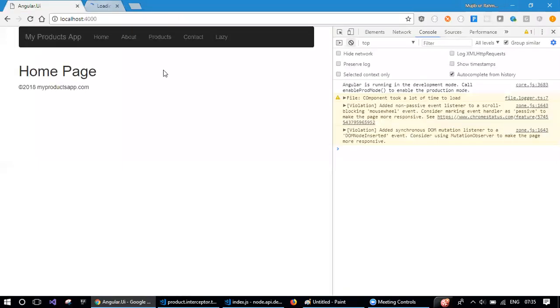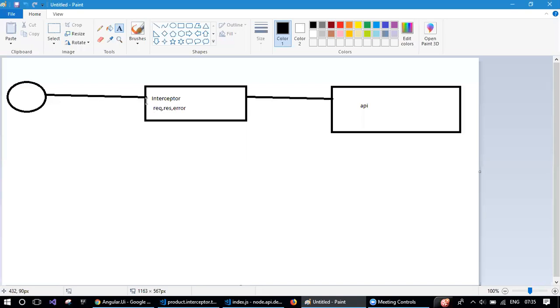Okay, great. So let's get back, and this is where we stopped. So we are actually setting the headers because this request is immutable. You cannot modify that request. So it boils down to this. A request comes to the interceptor, but the interceptor cannot do anything with that request because of its immutability